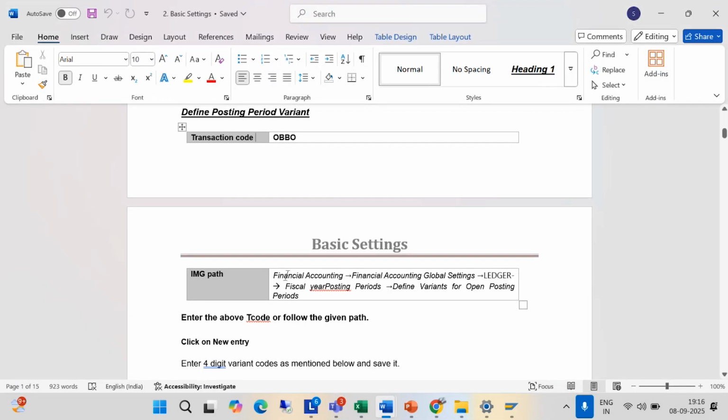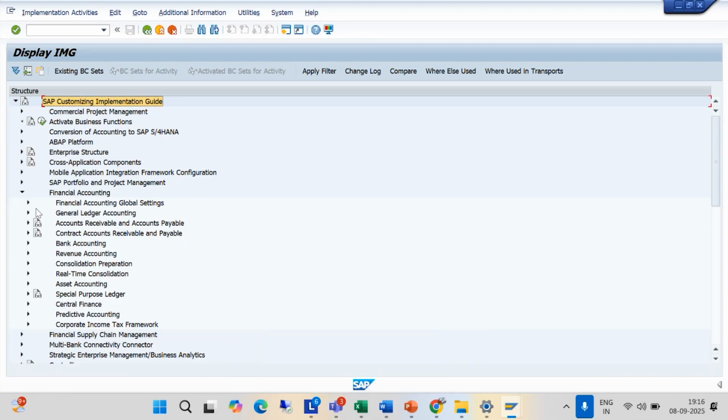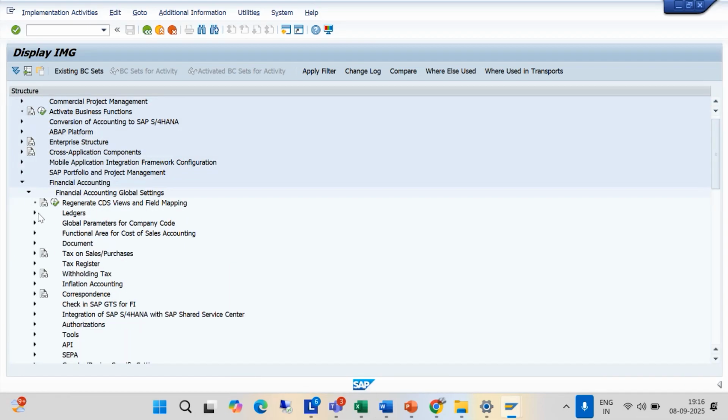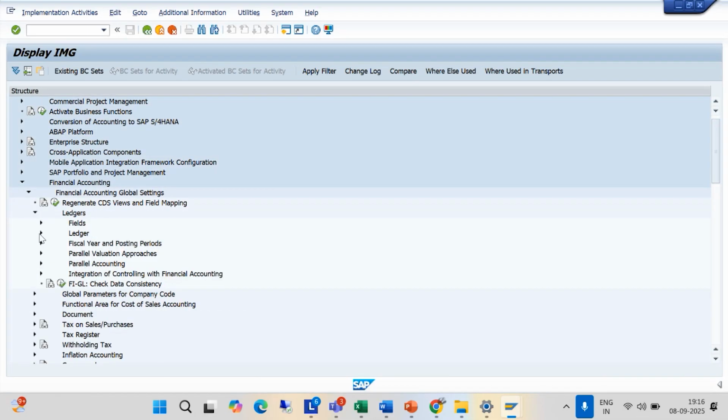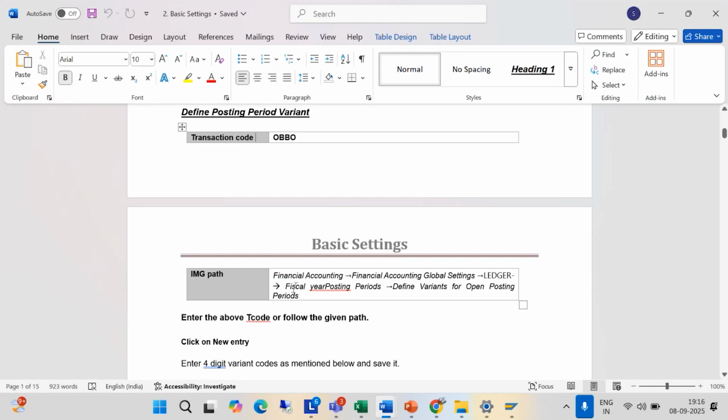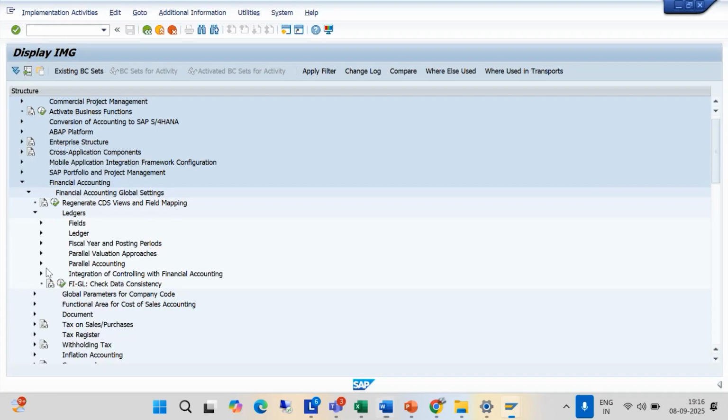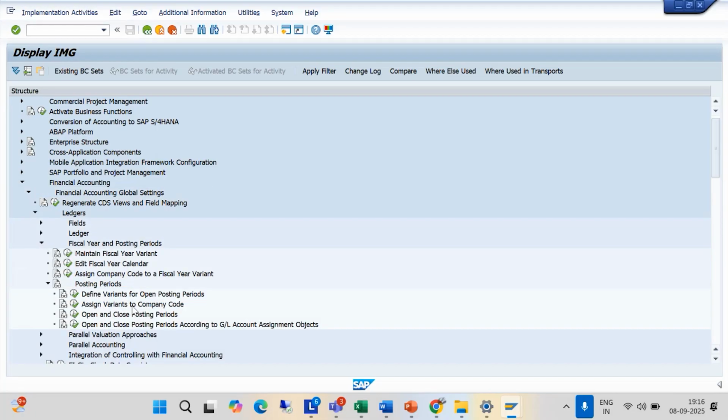If you see here, this is the financial accounting global settings. Financial accounting global settings, ledgers, and again if you see here ledgers, fiscal year, posting period. If you see here, fiscal year posting period, just click here. And if you see here,